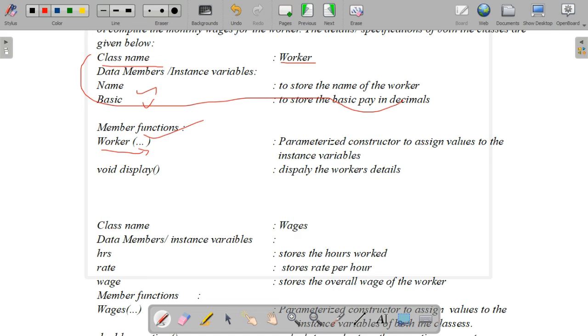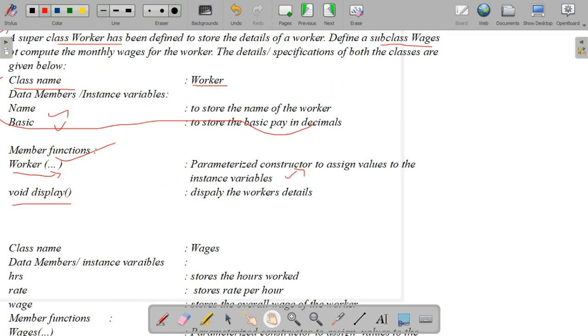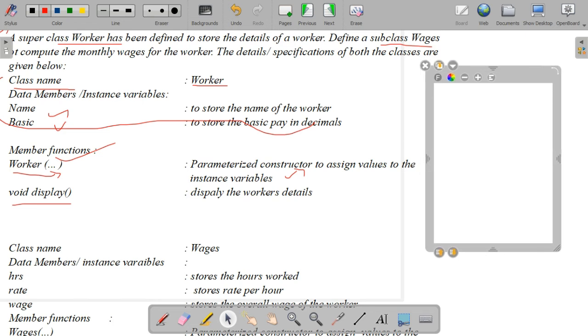In the description it will be given, but sometimes it isn't given, so you have to remember that these dots indicate a parameterized constructor. So the parameterized constructor assigns values to the instance variables. You know how we initialize instance variables in the constructor. Next one is void display, to display the worker's details. So we can write the program. So here, just typing the program.